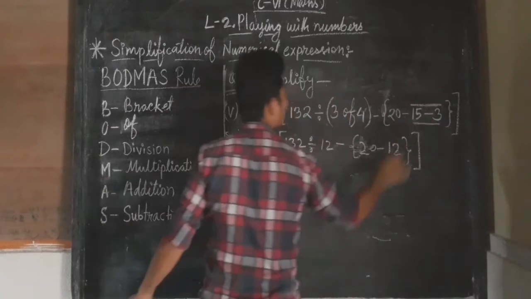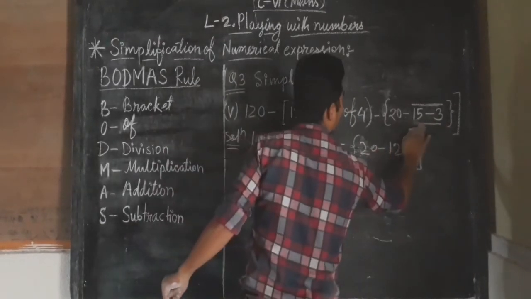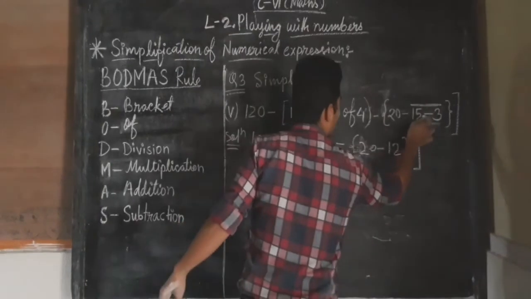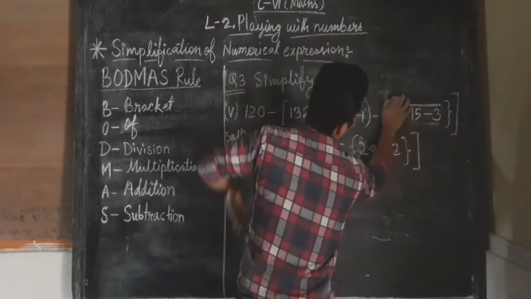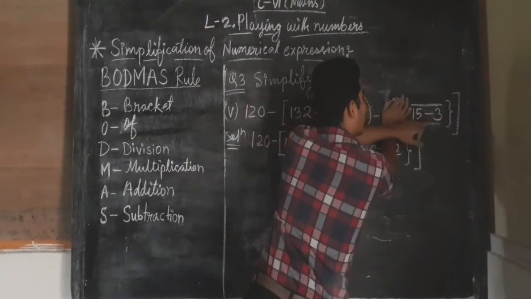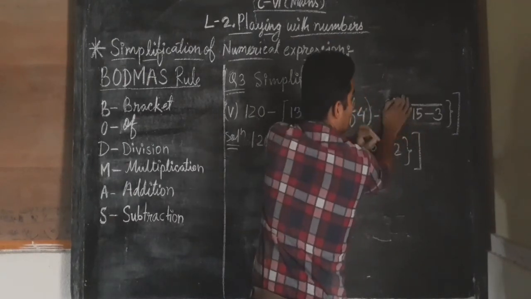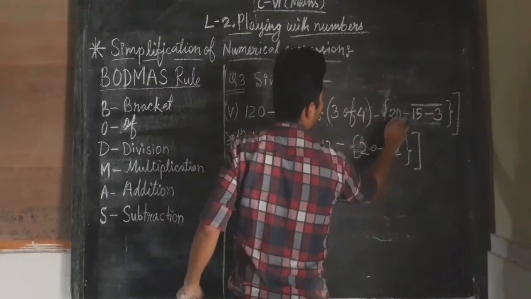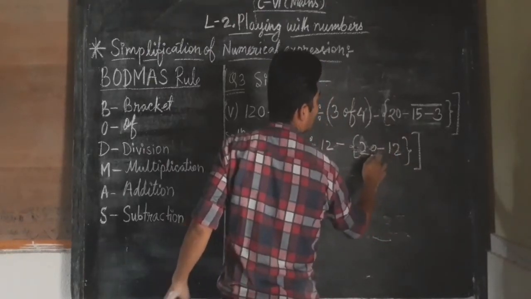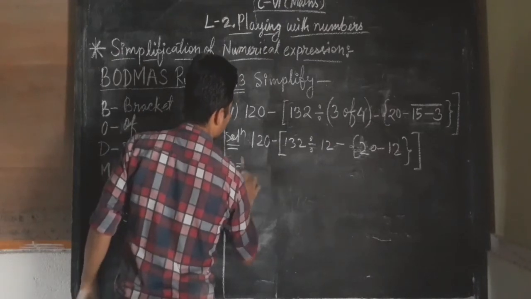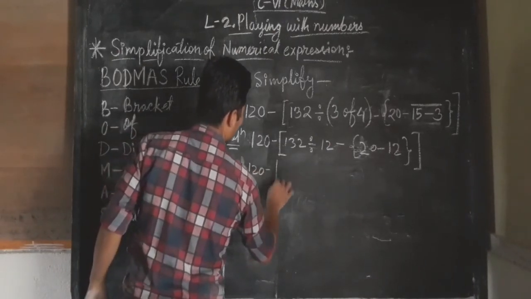These two things we should do first. 15, because above these two numbers there is a bar, calculation you should do first. But you avoid the other things. You think of this 15 and 15 minus 3 only. 15 minus 3 is 12. We have written here. You can see 20 minus this symbol still here. Okay, now let's move to the next step. Next step, 120 minus